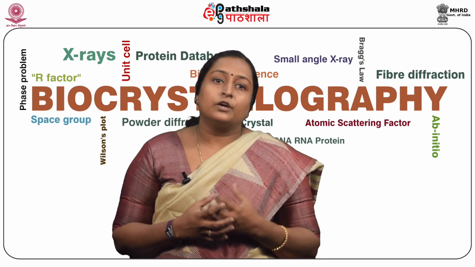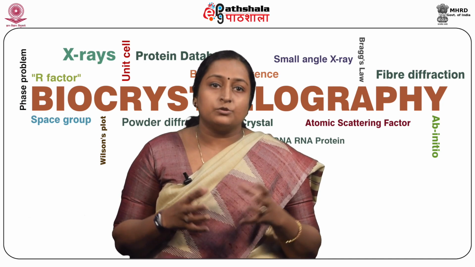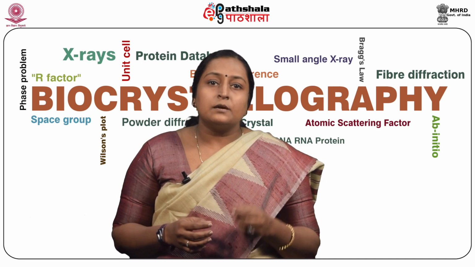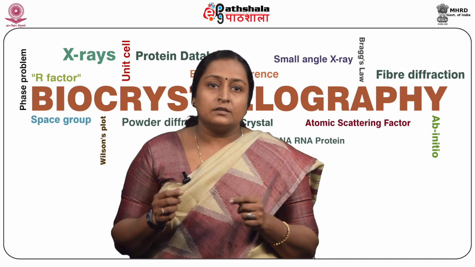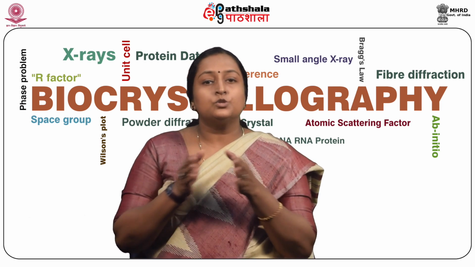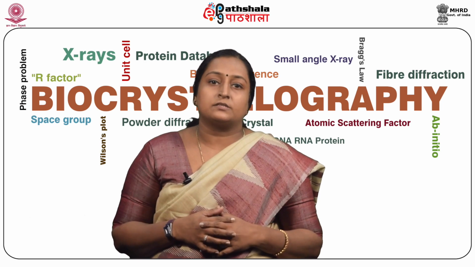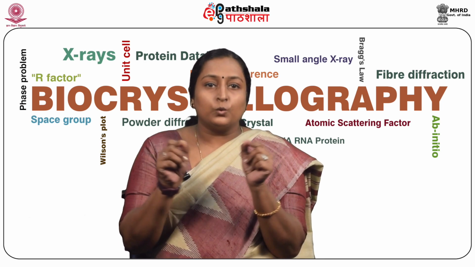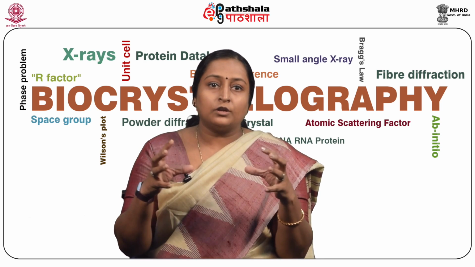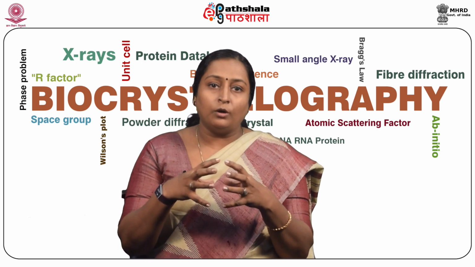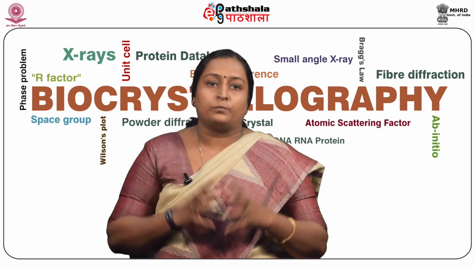The first parameter we are going to see is the resolution of data. It is a measure of the distance that indicates how well two adjacent atoms can be differentiated in three-dimensional space. If two atoms are closer than this distance, then their electron clouds appear as a combined blob instead of appearing as two different blobs.